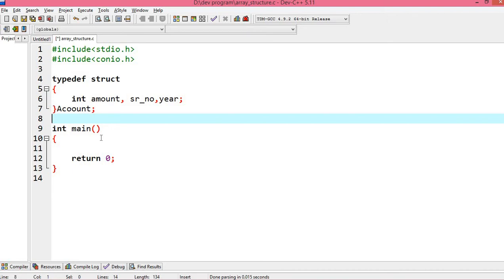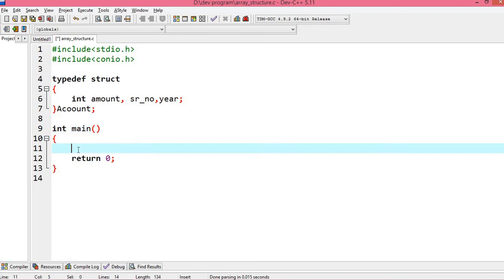First one is how to create an array of structure and how to access it, and the second one is how to pass a structure as an argument in a particular function. Now let me create an array of this structure account. Let's say the name is account. I'm going to create an array of 100 structures.